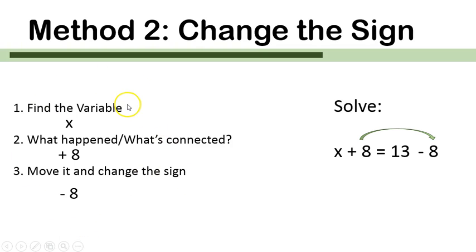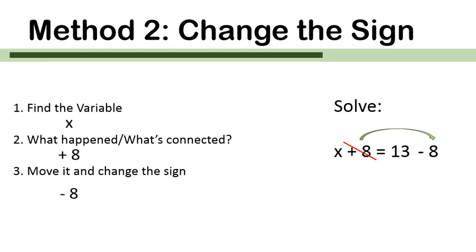You're finding the variable, finding what's connected to it, and then moving what's connected to it over here and changing it to being a negative. And when you do that, you also have to get rid of this one. In case you haven't noticed, the way I teach this, it looks an awful lot like method 1, and you're doing the same things as method 1, but this way you kind of understand a little bit more what you're